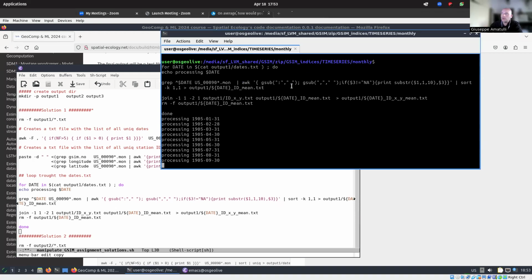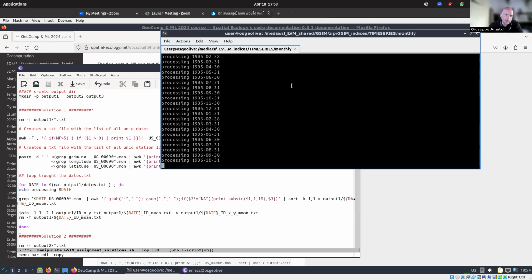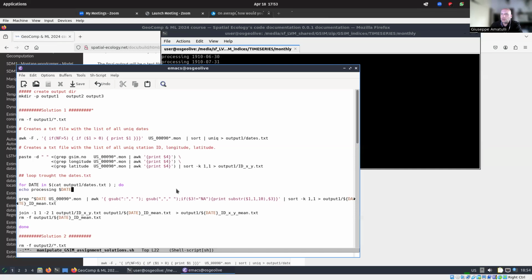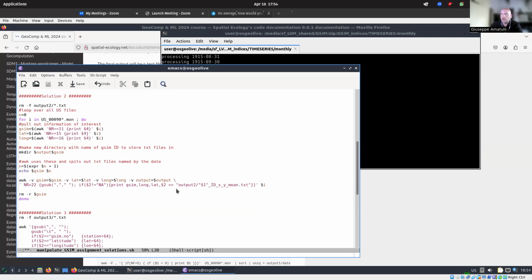Okay. So now it's processing each single date until the end. So this one was one example, and we can see later on as soon as it finishes the result. Did you get this example? It's very similar to some of yours, but slightly different. Okay, so we can go to the next one,